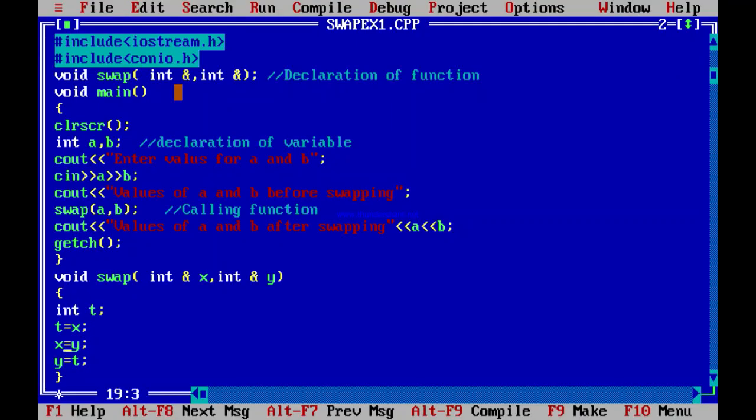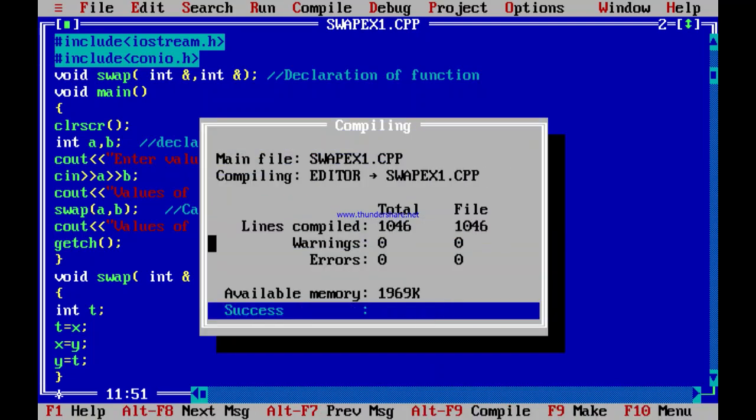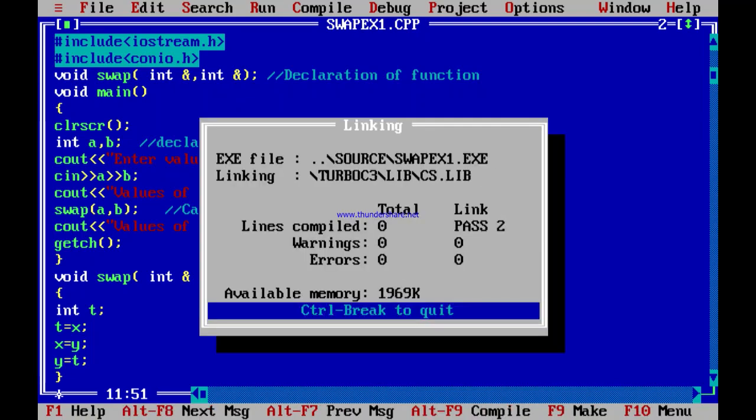So I will just make some modification here, that is slash, and I will put the values, that is, display the values of A and B. A, B. Okay. So again I am going to compile the program and execute the program.